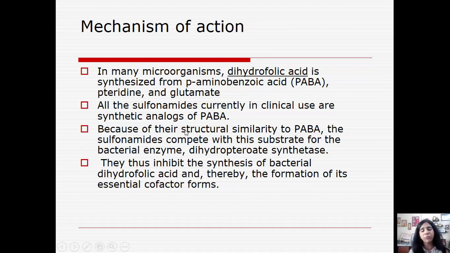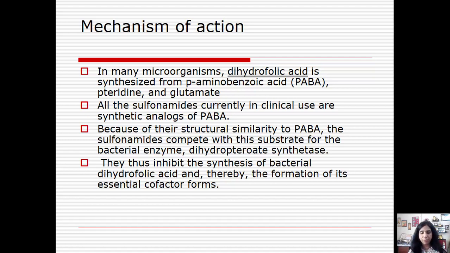Now all these sulfonamides which we are going to read, classified as short acting, medium acting, and long acting, which are in current use, are synthetic analogues of PABA. That means instead of PABA getting incorporated to form dihydrofolic acid, they will get incorporated. Because of their structural similarity to PABA, the sulfonamides compete with their substrate for the bacterial enzyme